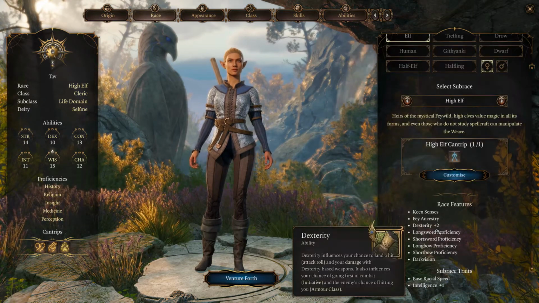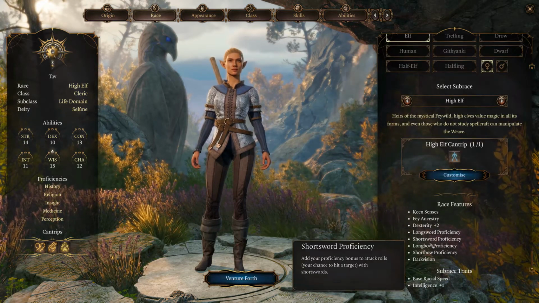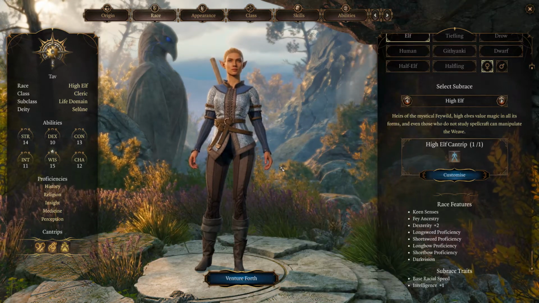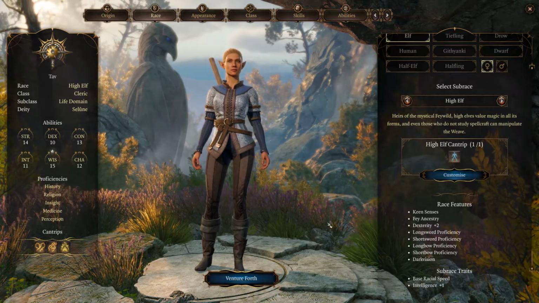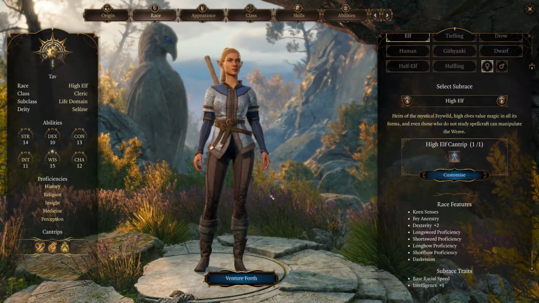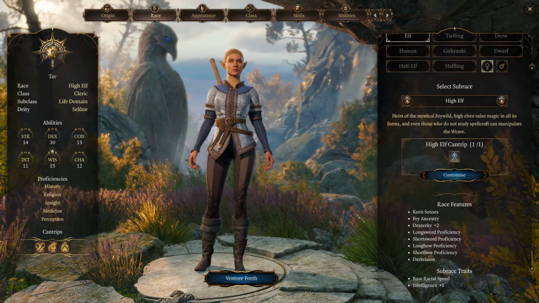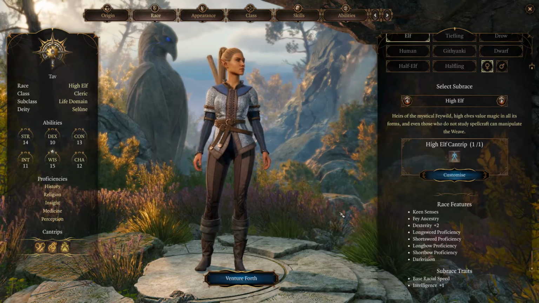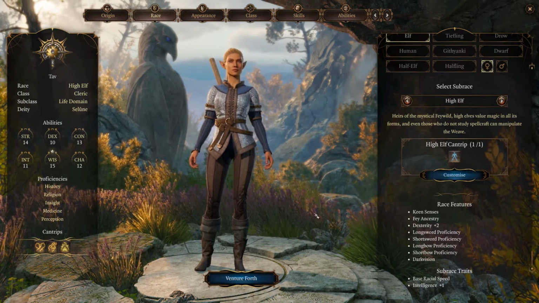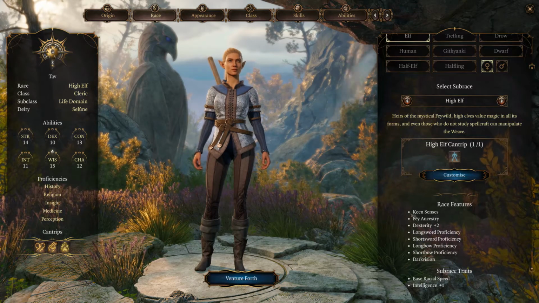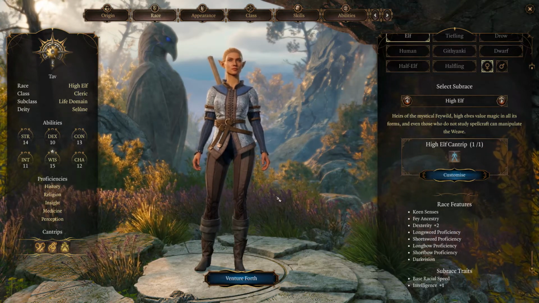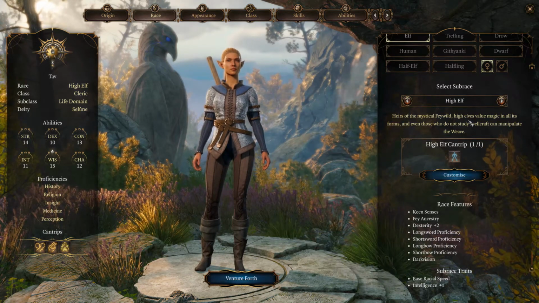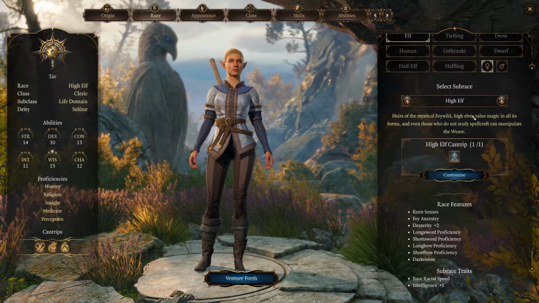Now, one thing that I saw in cutscenes is the trance. It's not listed here on the race features in the 5e version. You don't actually sleep. You meditate for 4 hours rather than sleeping for 8. In Baldur's Gate 3, you will see your elf just sort of sit there on their sleeping bag meditating. I haven't seen anything about sleeping a full 8 hours or exhaustion, points of exhaustion, anything like that. But it's cool that they acknowledge, at least in the sleeping cutscenes, that your elves just go into a trance when they sleep. So High Elf is named exactly as it is in Baldur's Gate 3 compared to the 5th